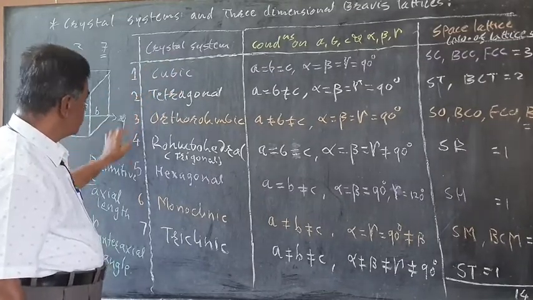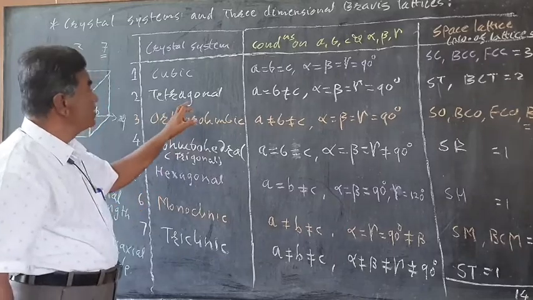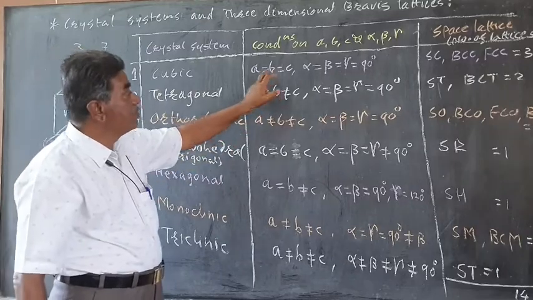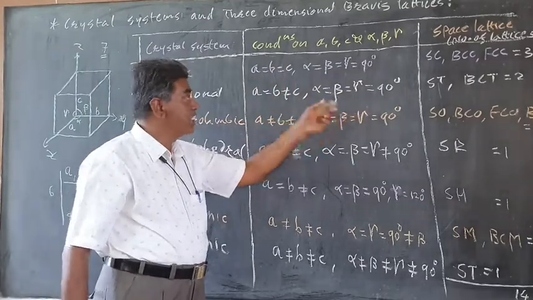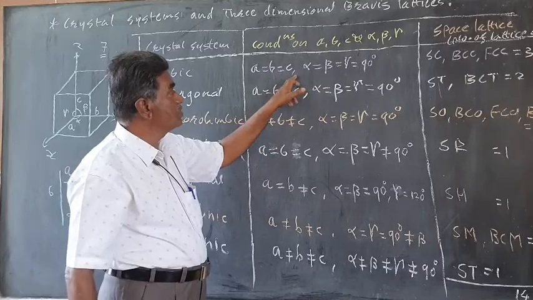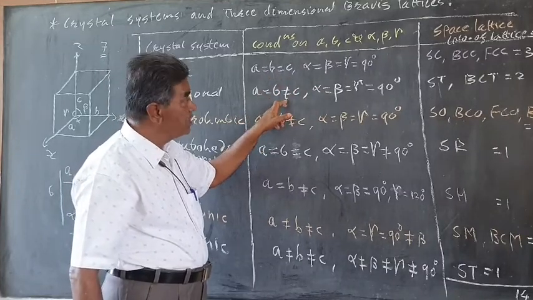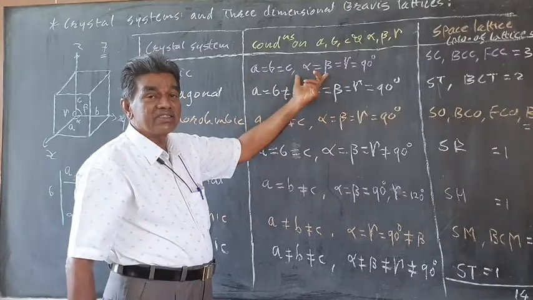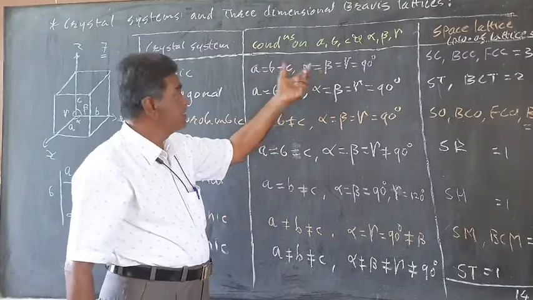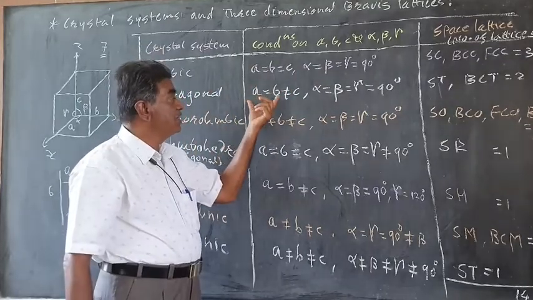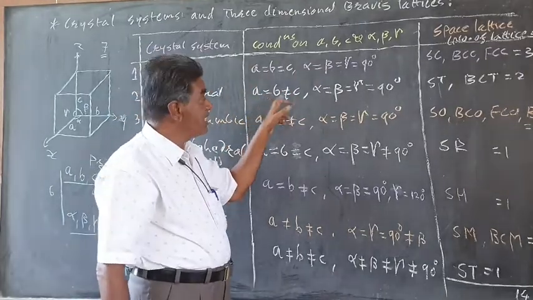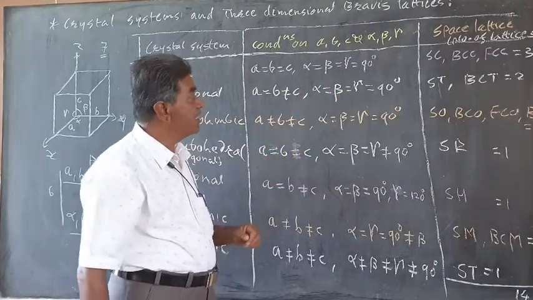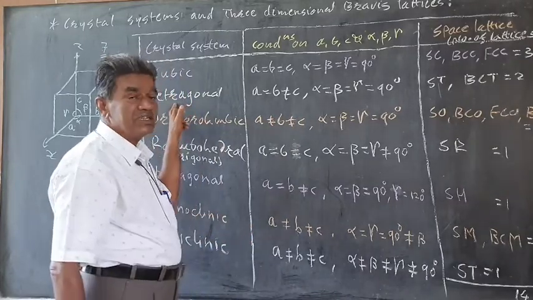It is summarized here, 1, 2, 3, 4 up to 7. The tetragonal is the system in which we have arranged the system in such a manner that we have kept the angles the same and changed a = b = c. Here a = b is not equal to c, and the same angle condition holds. Means, if there are 3 equal axes at right angles, then cubic is formed. Here there are 2 equal axes and one is not equal, and all of them make an angle of 90 degrees, then the tetragonal system is formed.